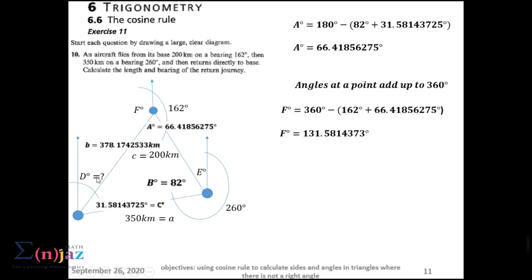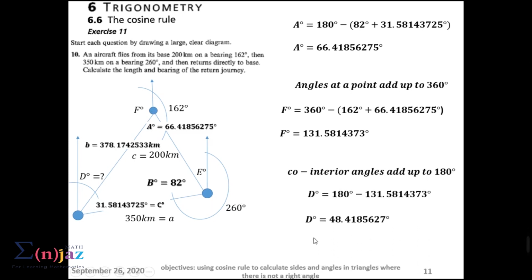F and D are co-interior angles because this is the north and this is the north. The norths are parallel. So, as you can see here, the U or the C angle, that's what we look for. So F and D are co-interior angles and they add up to 180. So to find D, we're going to subtract angle F from 180, and if you do so, angle D is going to come down to